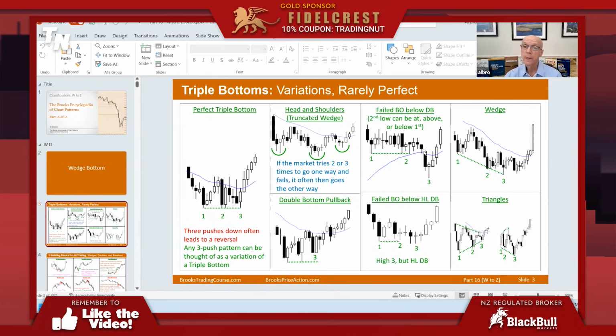If you have a double bottom and it breaks to the downside and reverses up, well, that's 3 attempts to go down, reversed up. And then if you have a double bottom and an attempt to reverse down and it forms a higher low, it's a double bottom pullback. And that is another variation of that. If you have a triangle, you have either 3 tops or 3 bottoms. Here you got 3 bottoms. If you have an expanding triangle, you have 3 bottoms. So it's all 3 attempts to go down that fail. The market will usually try to go the other way. Sometimes you'll have a 4th leg or 5th leg, but when you do,